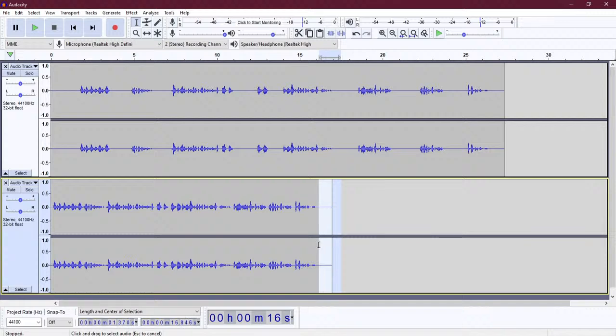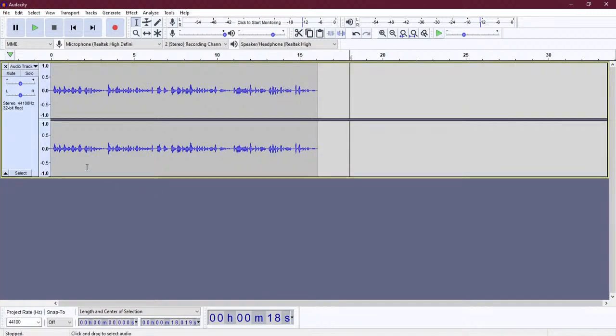Actually it should do like this for what I'm doing manually, but I'm not sure what happened here, why it isn't doing this. So if I play,